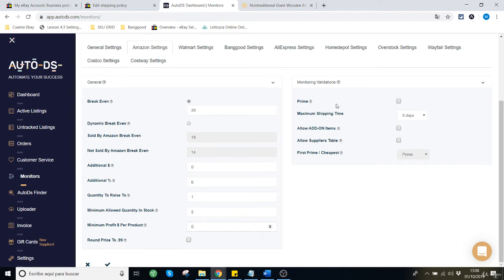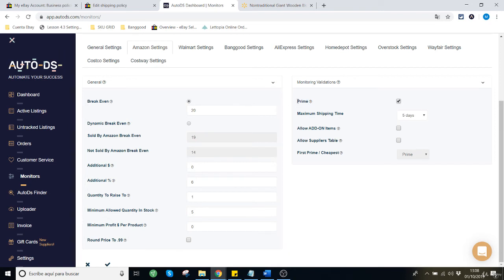So here on the right, there is an option that allows you to list only items that have Prime sellers. If you check off this option, you will be listing only items that have a Prime seller, which is good for new sellers. I highly recommend this, because Prime items always ship very fast to the customer, like in 1 or 2 business days, which is great. So make sure to check off this option if you are a new seller.